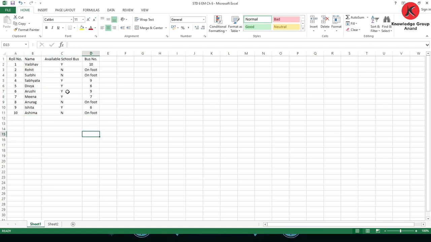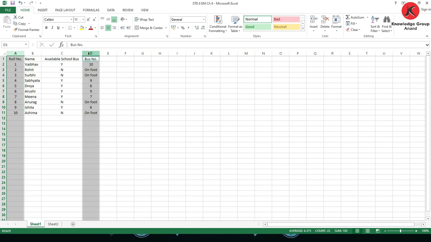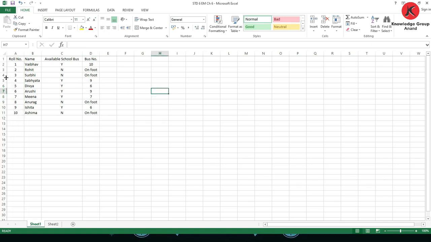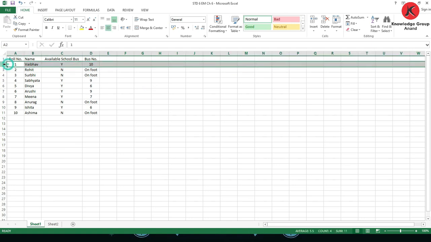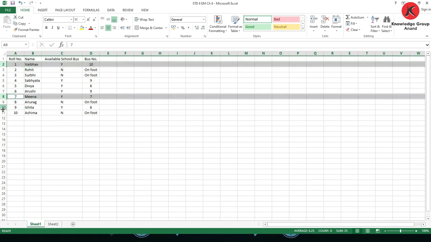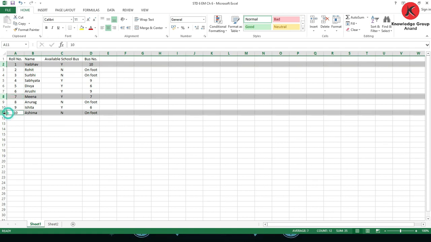Now sometimes if you want to select column A and D also, select A, then hold down the Control key and press D. Done. This is how we can select multiple ranges simultaneously. For example, if you want to select the first row and seventh row, press the Control key and click on the seventh row, and next if we want 10th, hold down the Control key and click on 10th.